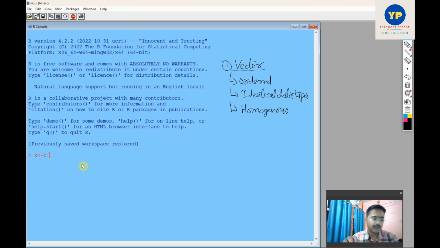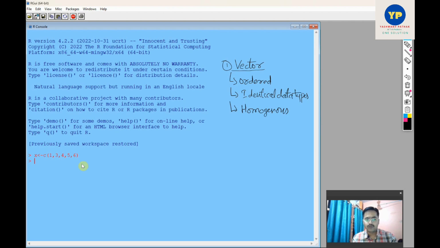The c function, as you know if you have used R earlier, is used to combine or concatenate elements or items. So you will use c whenever you make any data structure. So c, followed by some elements like 1, 3, 4, 5, 6, and